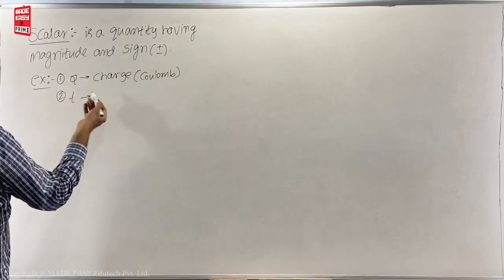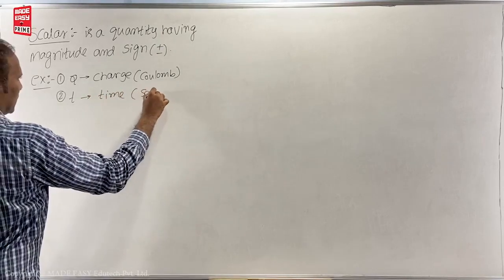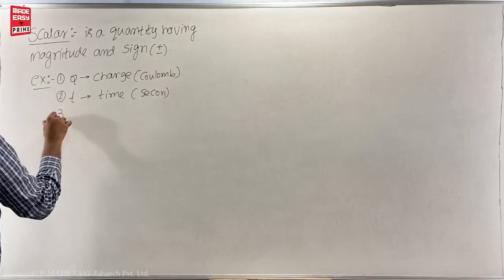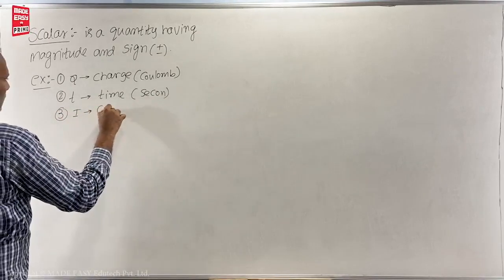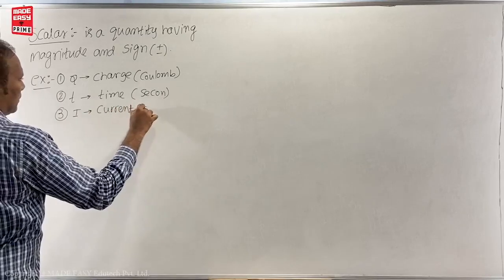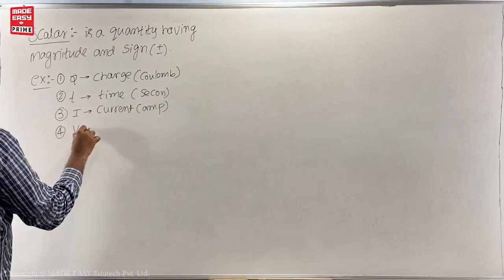T, capital T or small t doesn't matter, it is time. So second, that is also scalar, it is defined like that. And current is also a scalar, so unit is ampere. And voltage